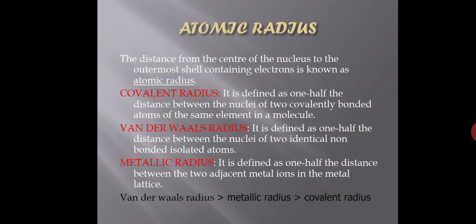Now, let me tell you, there are several difficulties involved in finding the atomic radius of an element. Then you can ask me, sir, is the radius which you have read not the actual atomic radius? Let me tell you, they are not the actual values. They are a probabilistic picture of an atom.